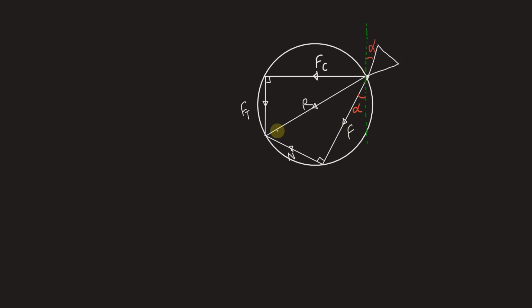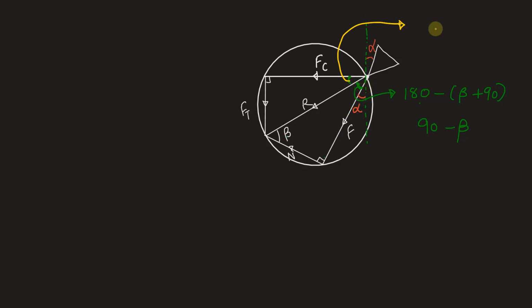Also, the angle between normal reaction and resultant is beta. So we can write down these two angles. This angle in this triangle will be beta plus 90 degree subtracted from 180. So this angle will be 180 minus beta plus 90, which is nothing but 180 minus 90, that is 90 minus beta. So this angle we got as 90 minus beta,